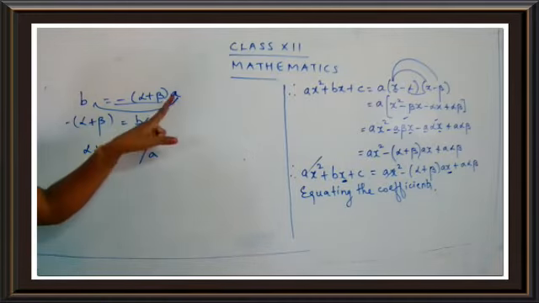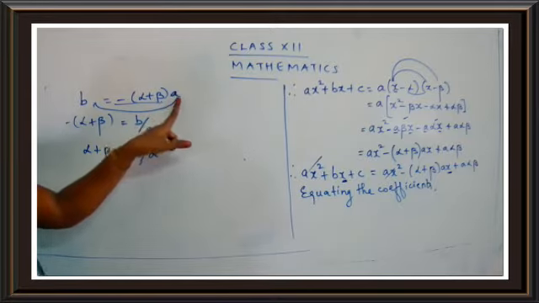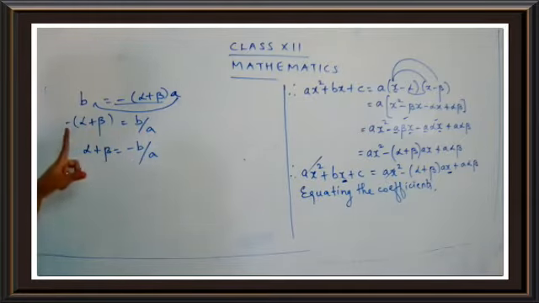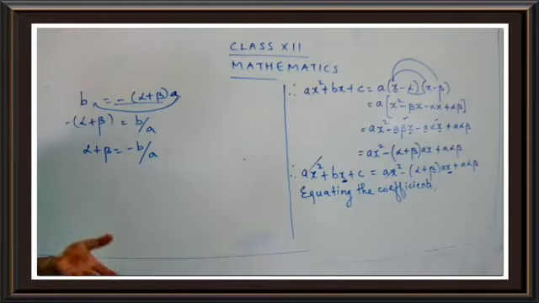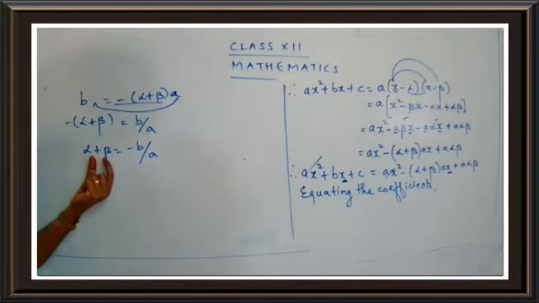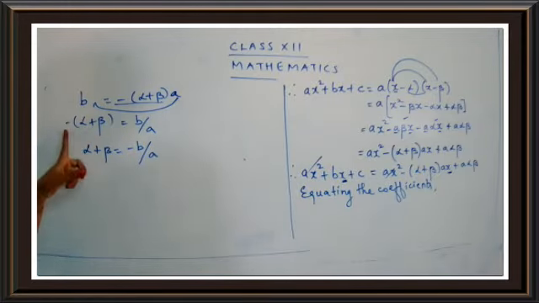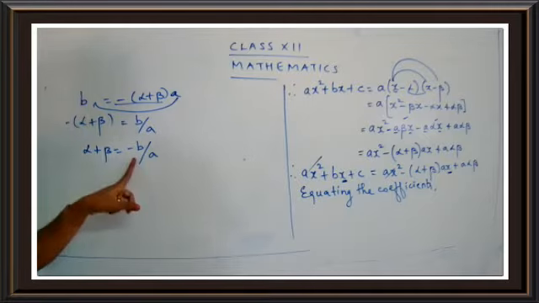Okay. So now what we are doing here, we are just shifting the A from RHS to LHS. So it turns to be B by A. But I just want the answer in terms of alpha plus beta. I don't want minus alpha plus beta. I want alpha plus beta. So just take this minus to that side or multiply by minus. When you multiply by minus, the minus minus turns to be plus, and here it turns to be minus.